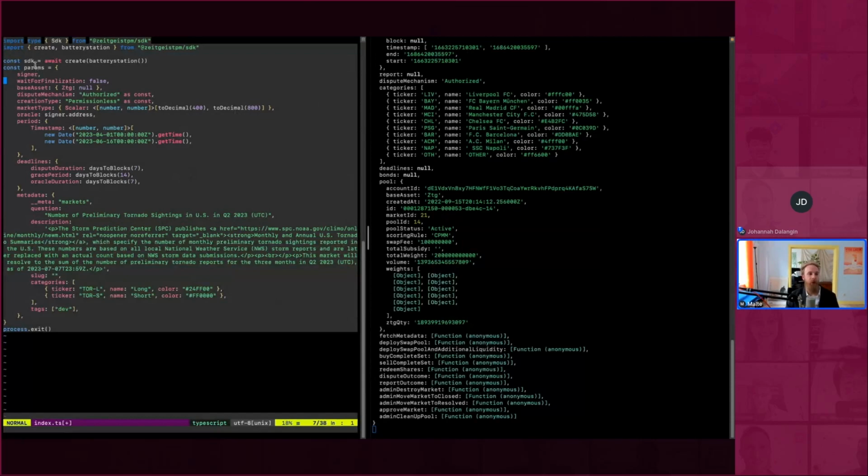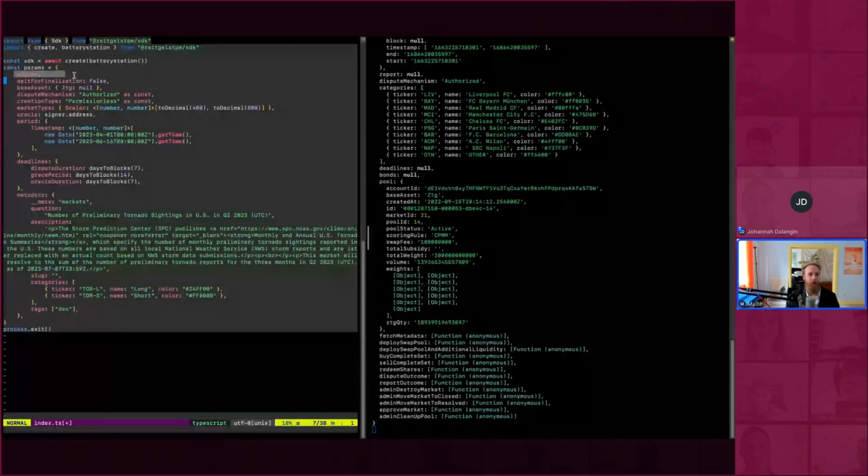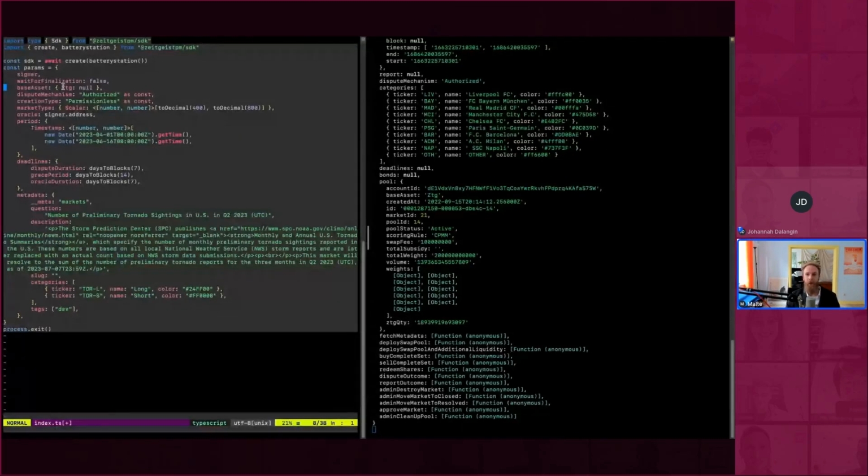So first, signer, we'll take care of that later. That's the account that signs the transaction. We'll have to create that manually in a second. Wait for finalization isn't that interesting. Base asset is very interesting. See, right now we're facilitating trading with our native token,